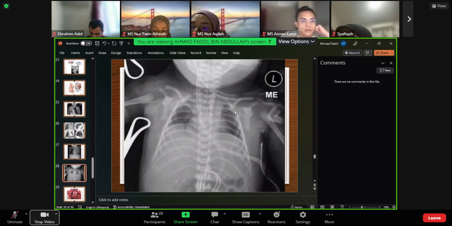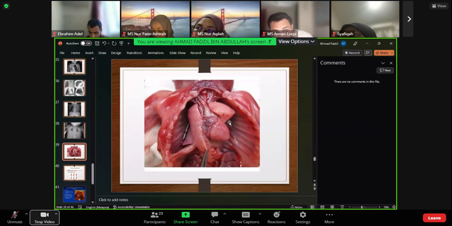Anybody? Bilateral lung hypoplasia. You can see this is the chest thoracic wall cavity, but the diaphragm is here, and the lung is very small. This is the lung hypoplasia. This is how the lung looks, very small. And this one is not viable to live. So there is no point trying to do anything, because if you ventilate, you cannot ventilate, as there is no adequate lung per se.